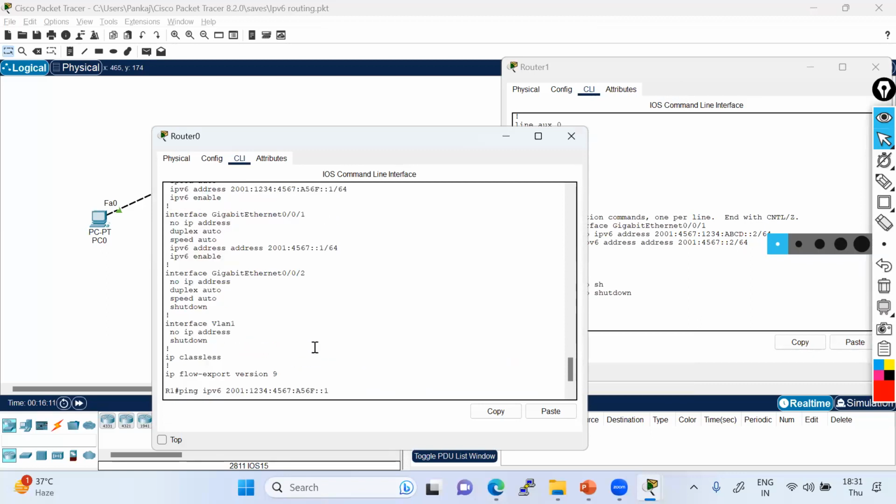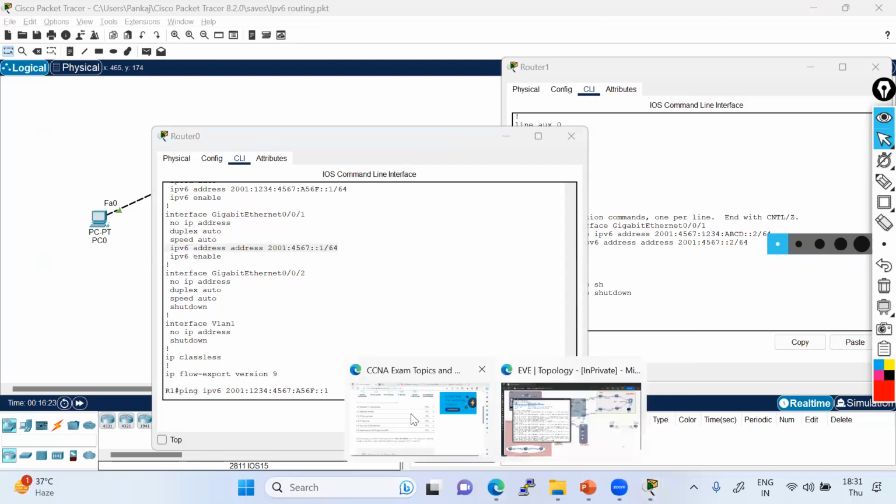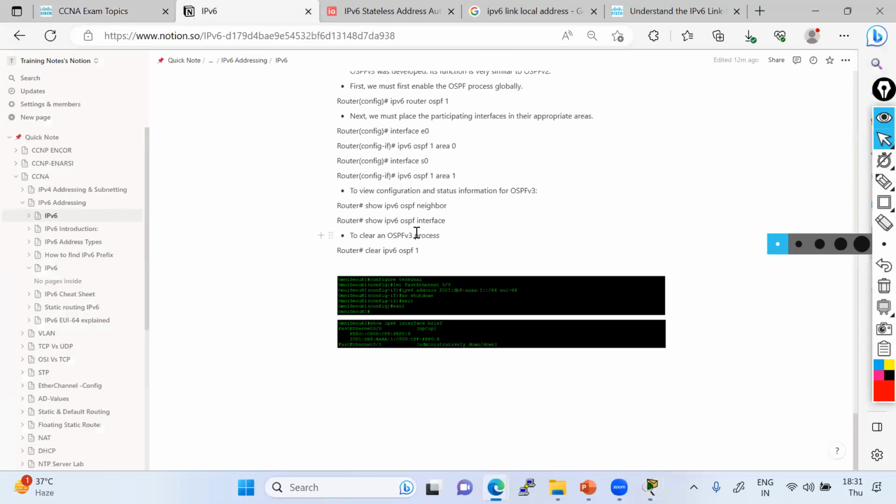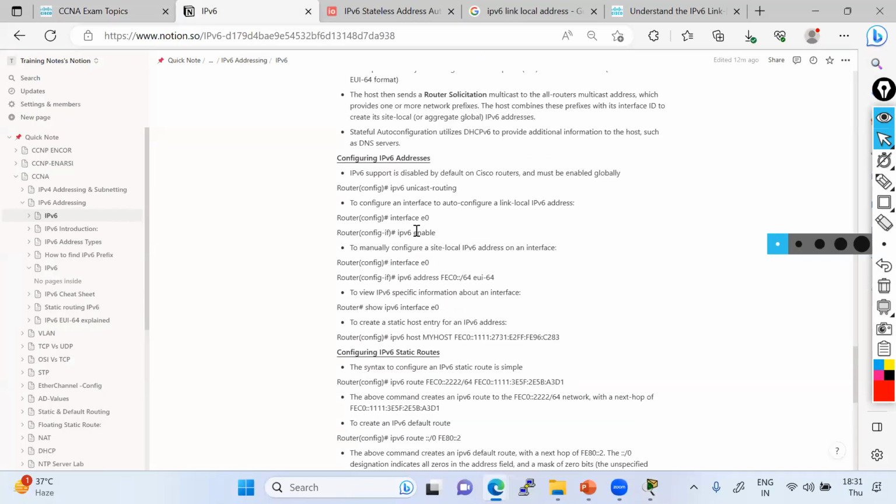Let me do in this way. How can I do that? Okay, let me just take the reference actual configuration. I will try to do that from that way only.